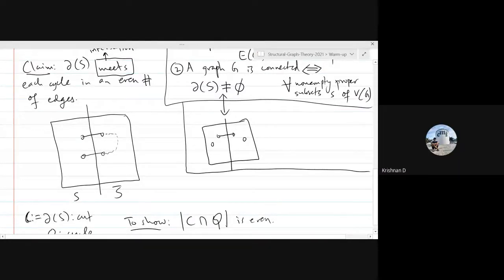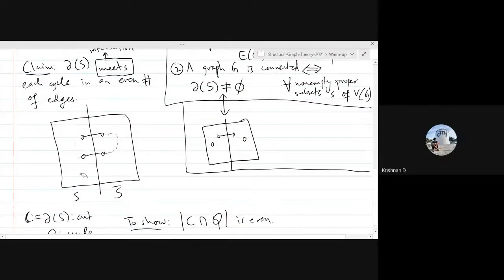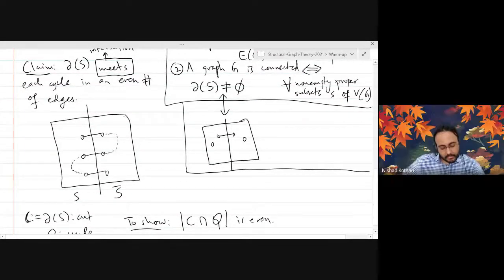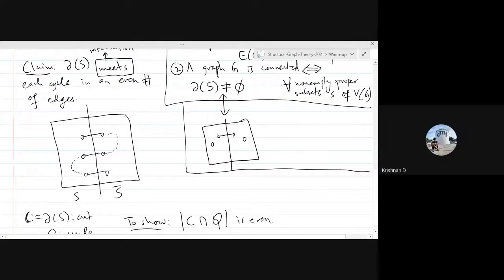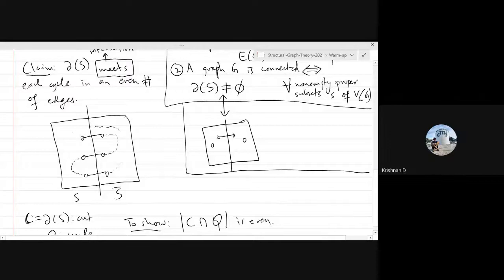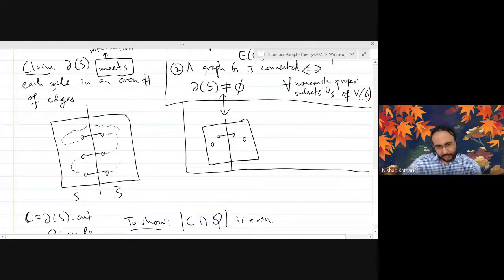I haven't gone beyond this. Okay, well, let's keep going. So it comes back. Now what can happen? It can connect back with that vertex and that could complete a cycle. But maybe it does not connect. Maybe it goes back to the other side. Now it has to come back again. So every time you go to the other side, you have to come back to the first side. That exactly is the proof.